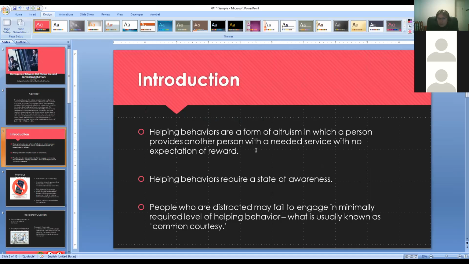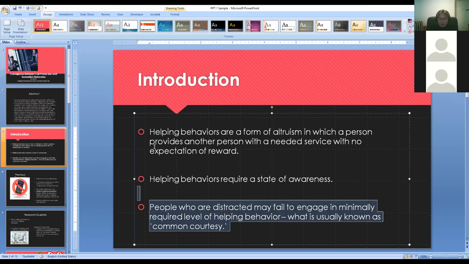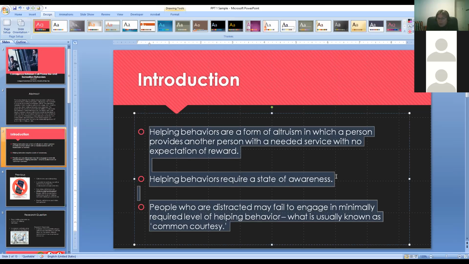Okay, here's the introduction. So note that they have 3 bullet points with general topic. This is the same paper that is posted, the same people, that's their PowerPoint presentation of the paper that is available as a sample assignment 2 on Blackboard. So it's about helping behavior, actually holding the door. Now they're not really talking about holding the door yet, right? Because this is about general topic. Just 3 bullet points. So whatever they're going to say, they will say. They did not copy and paste a paragraph from the introduction.